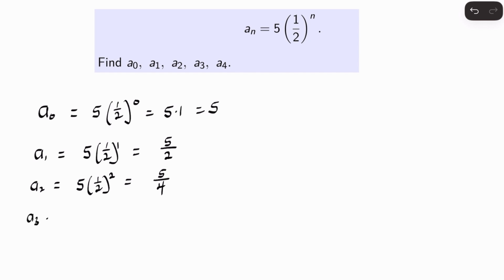For a3, we have n equal to 3, so that will be 5 times (1/2) exponent 3. 2 exponent 3 is equal to 8, so that's going to give us 5 on 8. And for a4, we are going to have 5 multiplying 1 on 2 exponent 4, which is going to give us 5 on 16. And so these are the first 5 terms of the